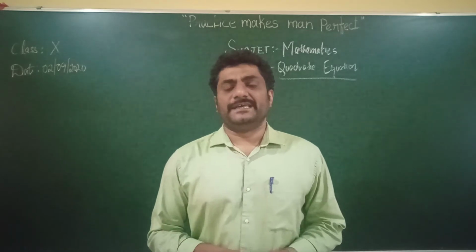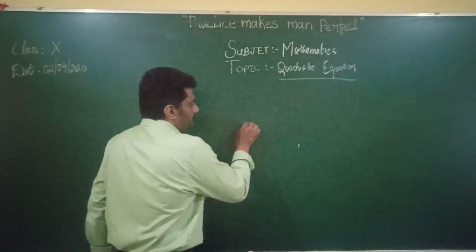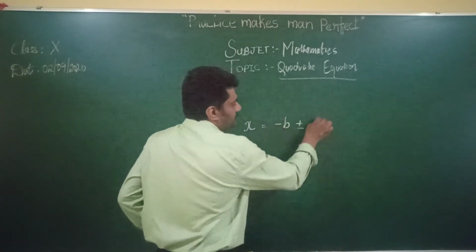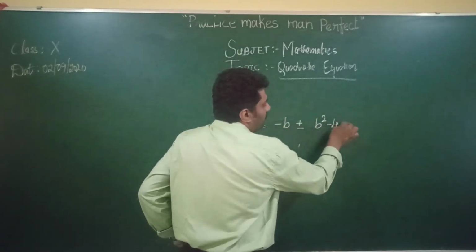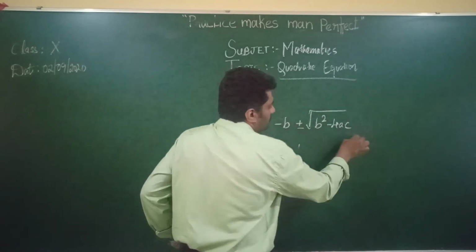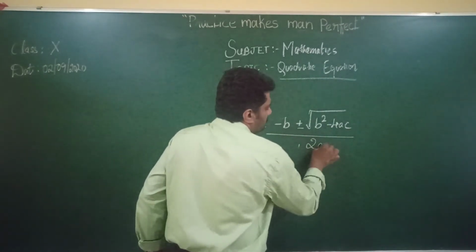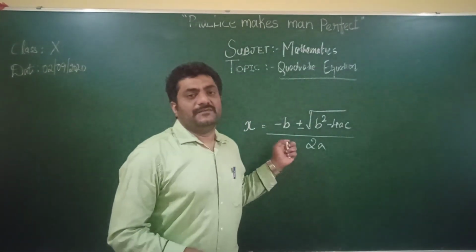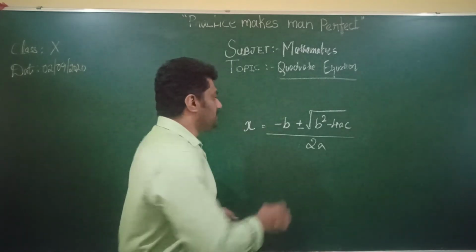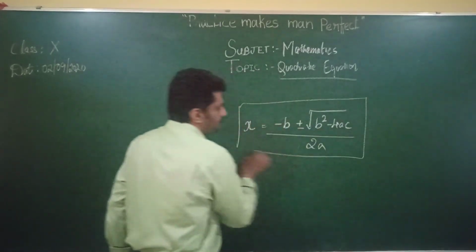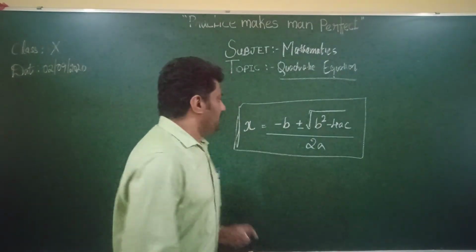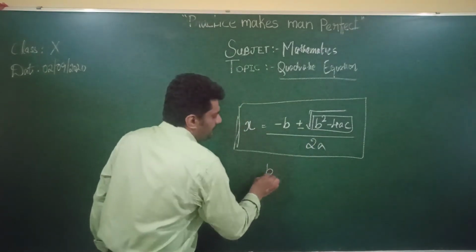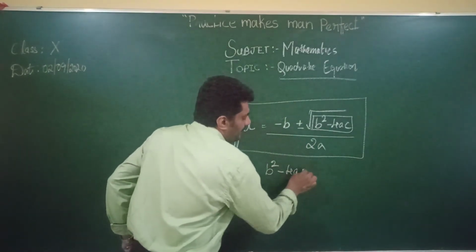Now, I just wanted to recap about the formula method. The value of x is equal to minus b plus or minus square root of b square minus 4ac, divided by 2a. This is the formula wherein we used to find the values of x. Now, in this formula, this term, which is nothing but b square minus 4ac,